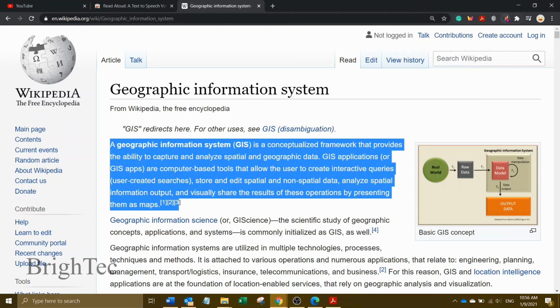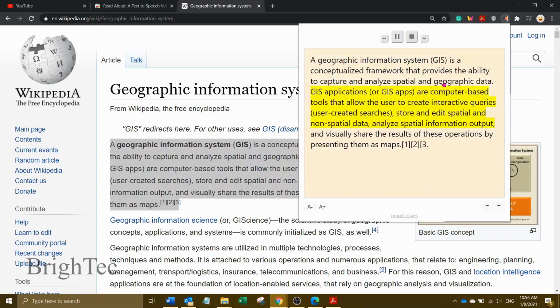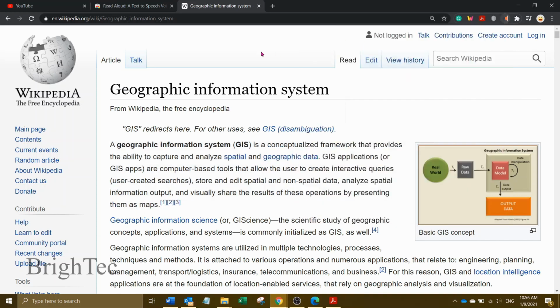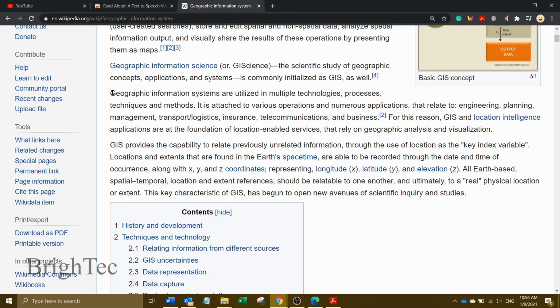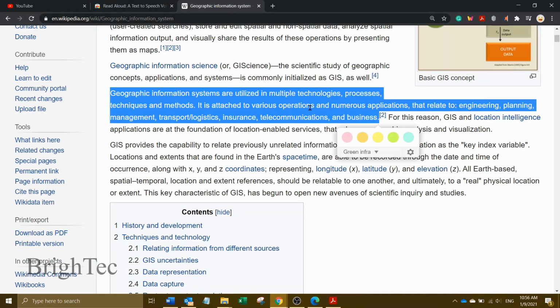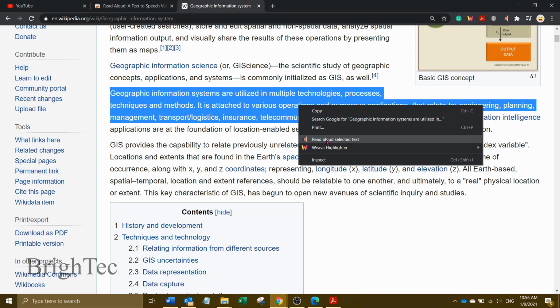And if you click this button, you can see the GIS application. It will show the reading text. And if you want to read from somewhere else, you can again select the text, right click and click on